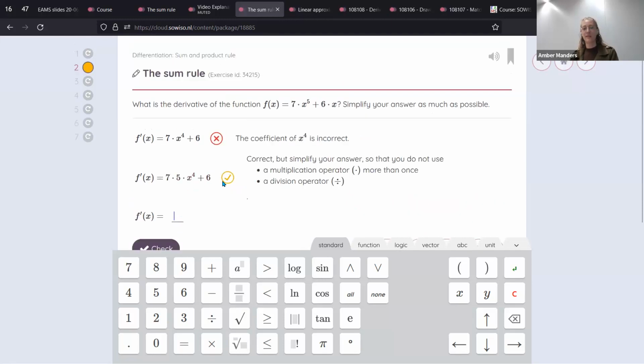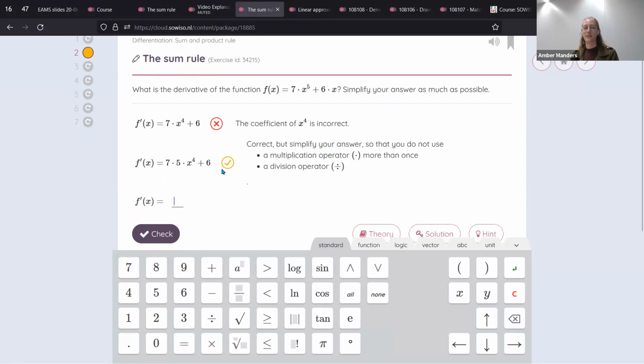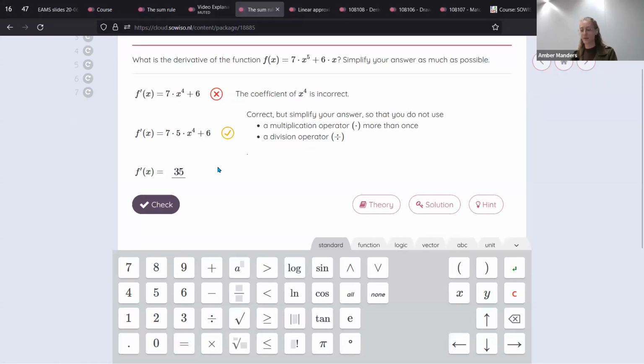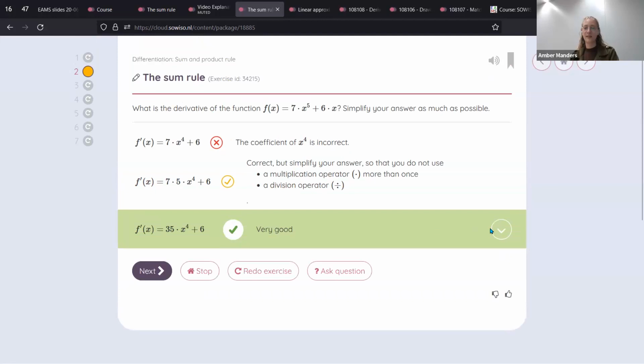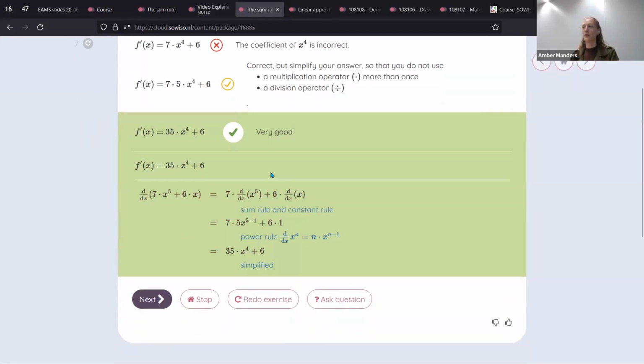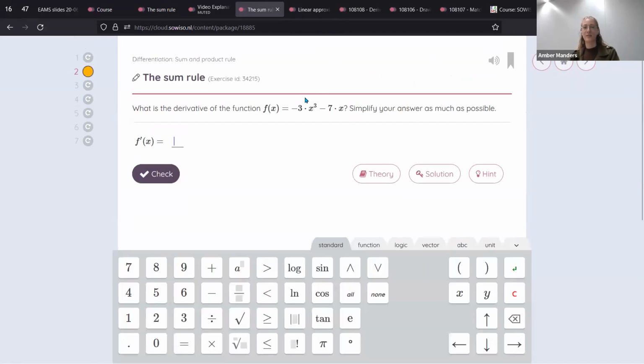And then it will say it's almost correct. You get a green check mark, but you can still simplify your answer. So we can do that as well. And then the system will say that this exercise is correct. And if I click this button, then they again see the fully worked out solution if they want to. And of course, they can redo the exercise with different numbers if they want to try again.